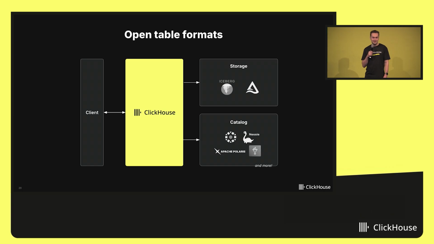And this is not only about Parquet, it is boring, it is also about data lakes, such as Iceberg, Delta Lake, and even Apache Hudi. And now we have support for all of them. And we also have to support all open data catalogs, such as REST, Unity, and AWS Glue. And again, we have support for all of them today. And you will hear about it more during today's sessions.